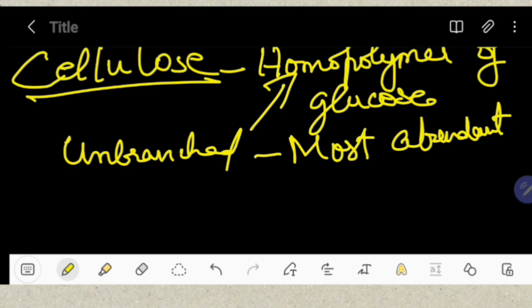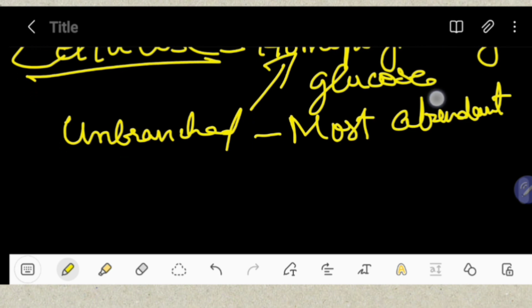We studied many things in green colored plants. Many facts were studied about cellulose, and this is the extra fact. It is an unbranched homopolymer of glucose. It is the most abundant polysaccharide. Paper made from plant pulp and cotton fibers are everything cellulose. Now, it is a structural and supporting